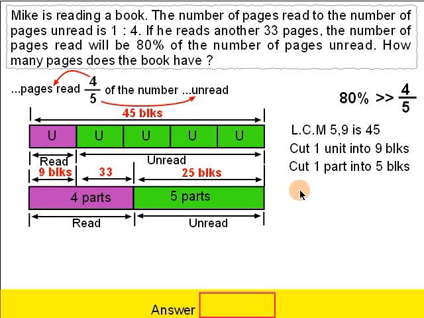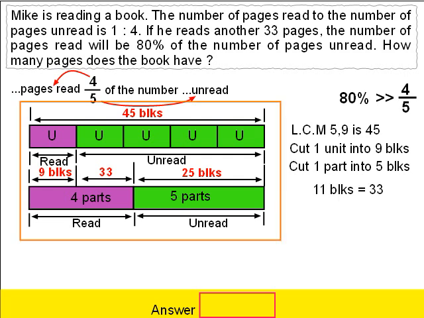So in this case, if I don't cut, over here we have 5 units. Each unit is equal to 9 blocks, so we put 45 blocks. And each part is equal to 5 blocks, so 5 parts is equal to 25 blocks. And here 1 unit is equal to 9 blocks again. I leave this part blank because otherwise it looks too messy. Then comparing the model, on top we have 45 blocks, at the bottom we have 9 plus 25, which is equal to 34 blocks plus